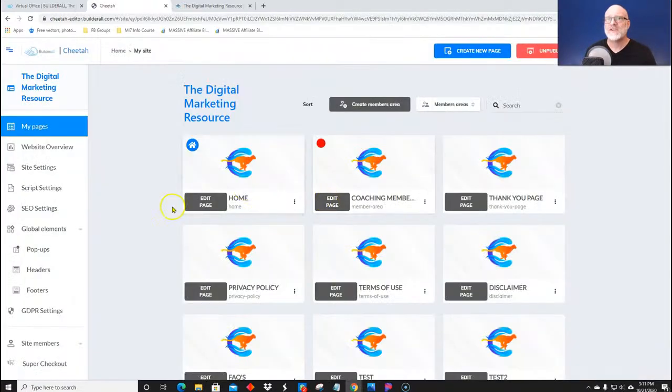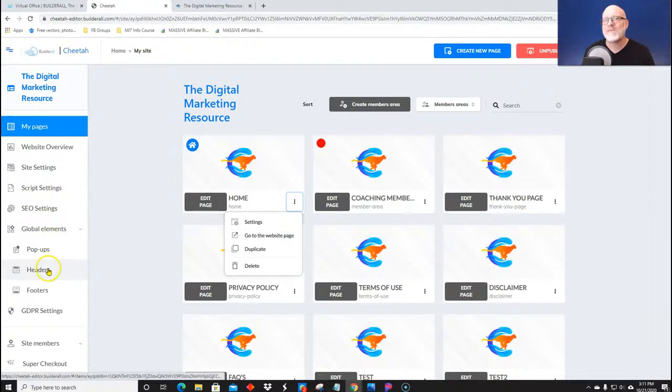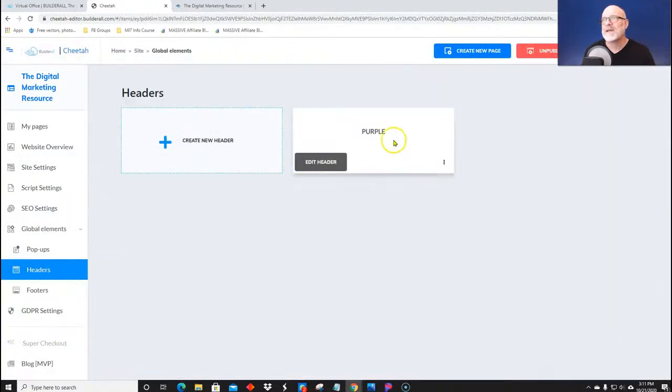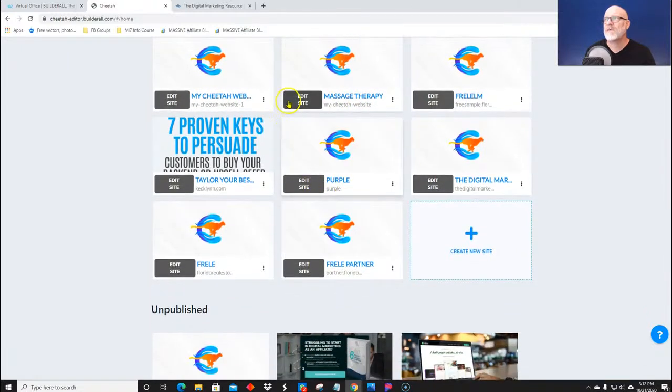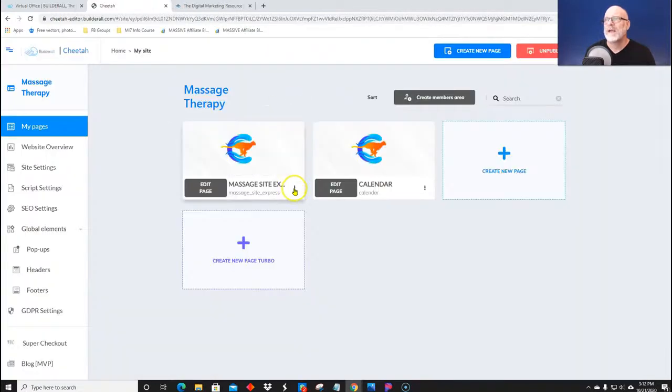So now I have this personal element, and this is really cool because once you have it saved in personal elements, you can use it on any Cheetah website. Because here, when you choose on this particular website under settings and you choose to use a header or not, you're choosing from the headers you have built over here. And this header section, as you'll notice, is tied to the particular website, the digital marketing resource. However, if after you build this header menu, you save it as a personal element, then you can use it on any of your websites. You could go to a totally different website, like this one, and